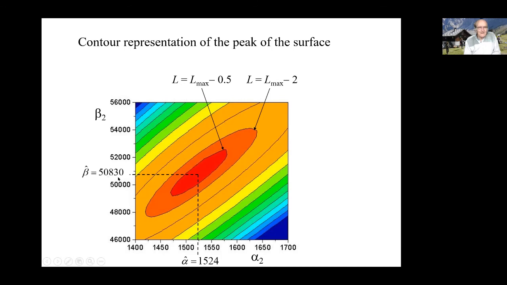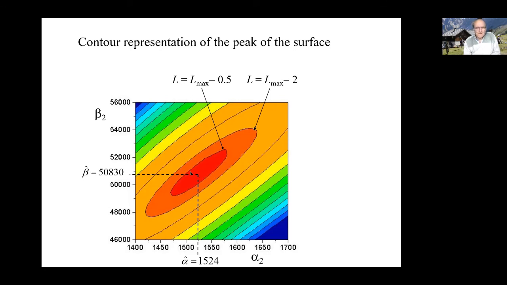That's an opening rate of 50,000, a shutting rate of 1,500. And these are the contours. In fact, it's possible to estimate the errors not as the variance of these things, which is what you get from the covariance matrix,